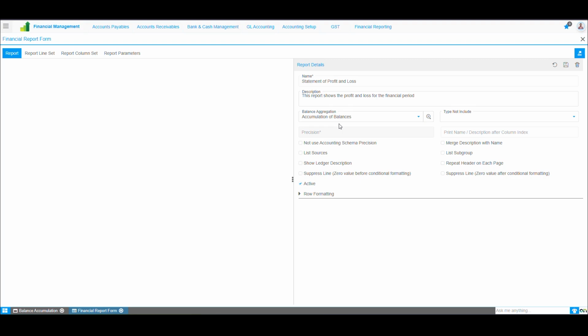This means you can apply filters for a particular business partner, a specific project, or a particular campaign. Once you turn them on, save the record. You will then have the accumulation of balances, which can be selected in the financial report. After selecting the accumulation balance, there is an option to choose the type not include. We will explain this option a little later to understand why, when, and for what purpose this type not include